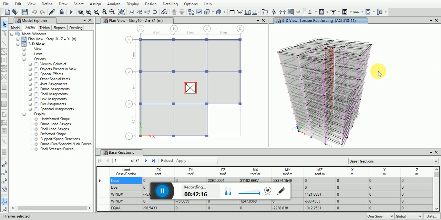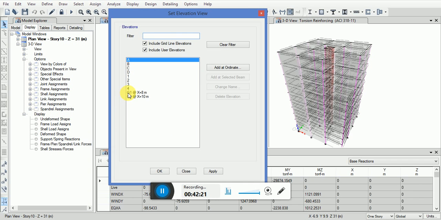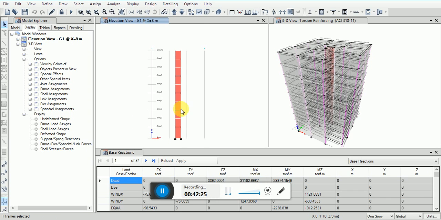Now I have to design the shear wall, so set to elevation view at 8. Select this, go to the design,